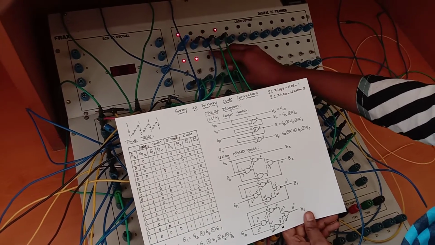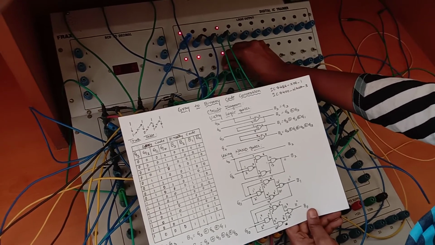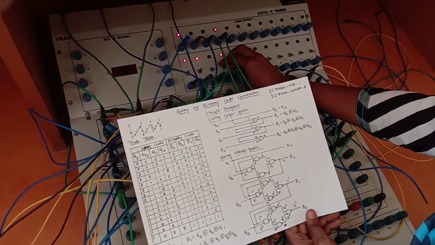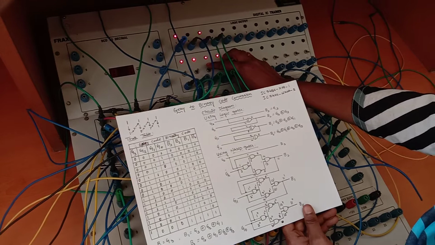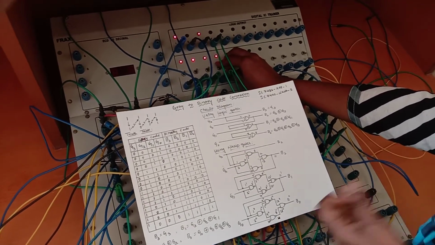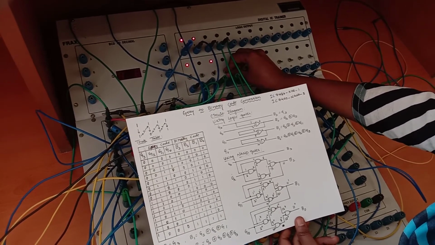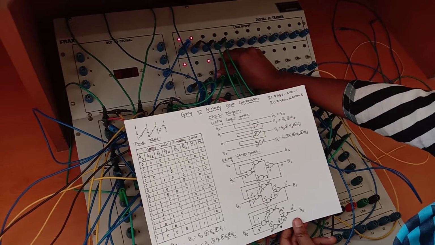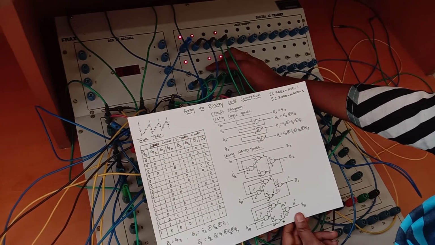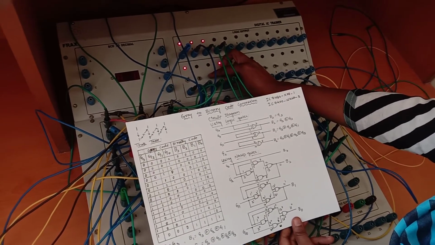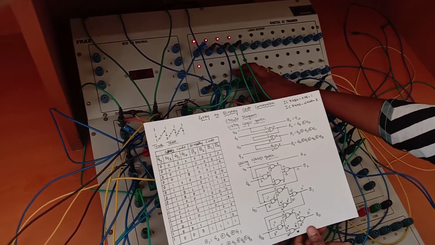For the input 1, 1, 0, you can observe the output is 1, 0, 0. For the input 1, 1, 0, 1, the output is 1, 0, 0, 1. For the input all 4 ones, the output will be 1, 0, 1, 0, you can observe over here. For the input 1, 1, 0, you can observe the output, it is 1, 0, 1, 1. For the input 1, 0, 1, 0, the output is 1, 1, 0. For the input 1, 0, 1, 1, you can observe the output, that is 1, 1, 0, 1. For the input 1, 0, 1, the output is 1, 1, 0. For 1, 0, 0, the output is all 4 ones.